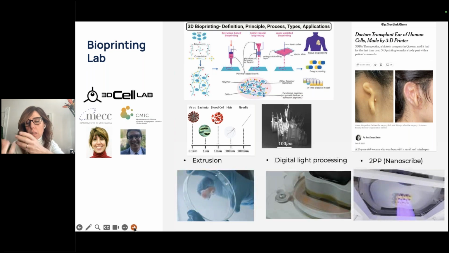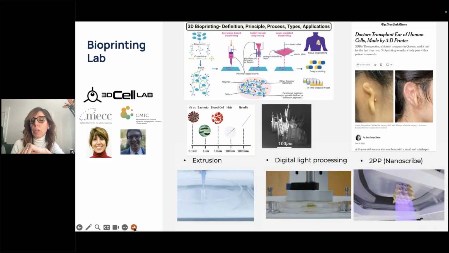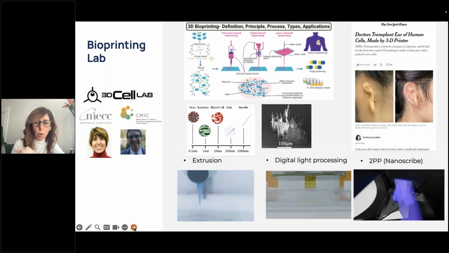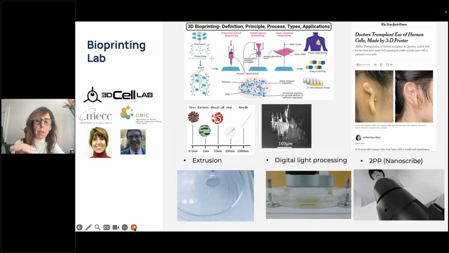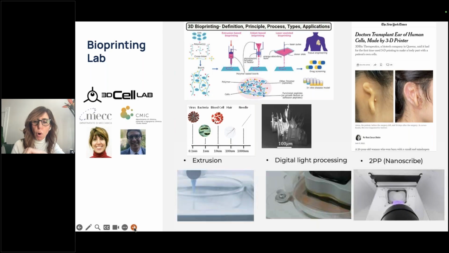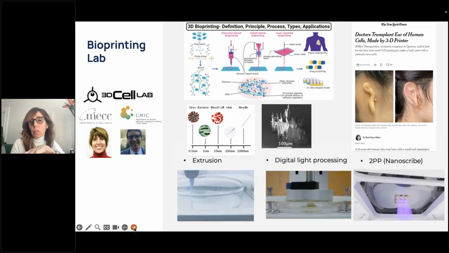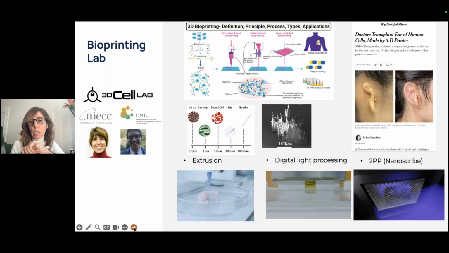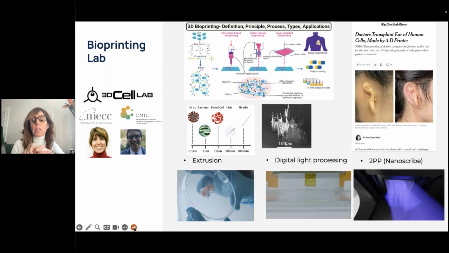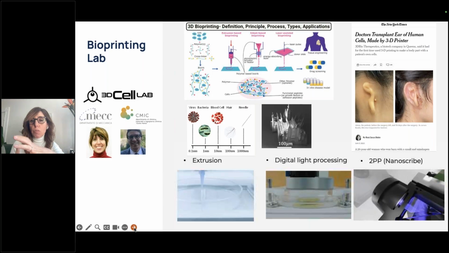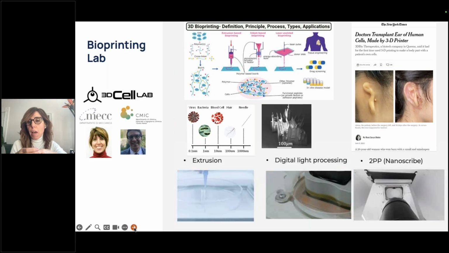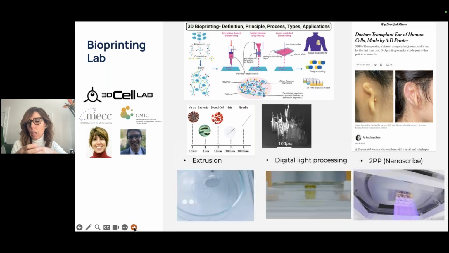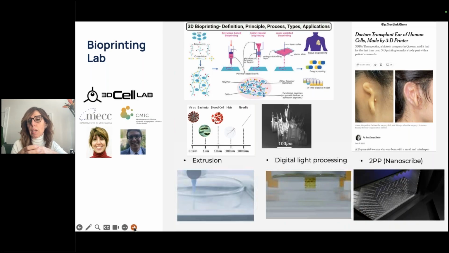So at least in principle, I should be able to print skin, bones, cartilage, and maybe in the long run, we're also trying to create something more complex like small organs. And this field of research is quite interesting because there are a lot of opportunities in drug research, in vitro disease models. I mean, I'm bioprinting some small tissue in one chip, so that I can even